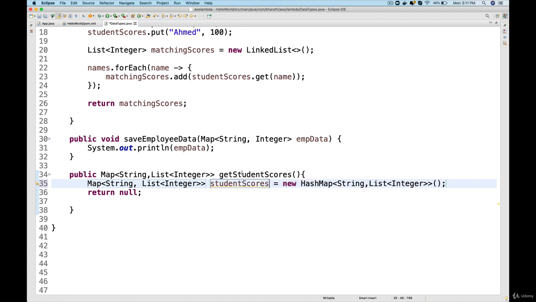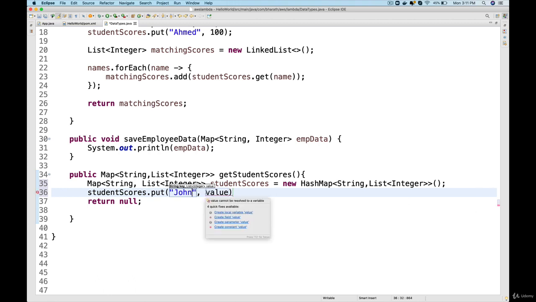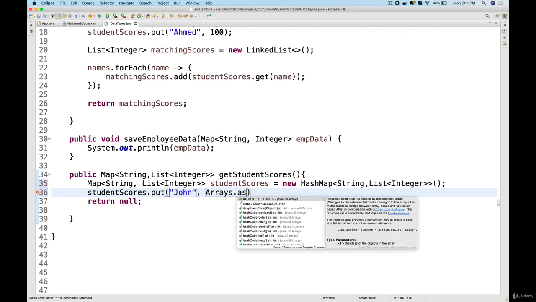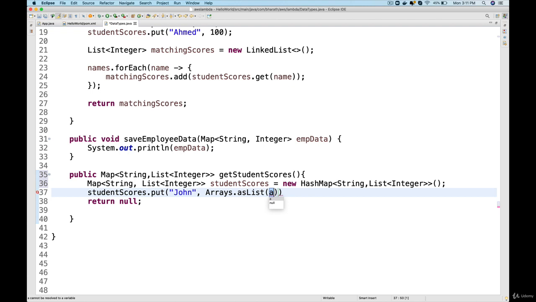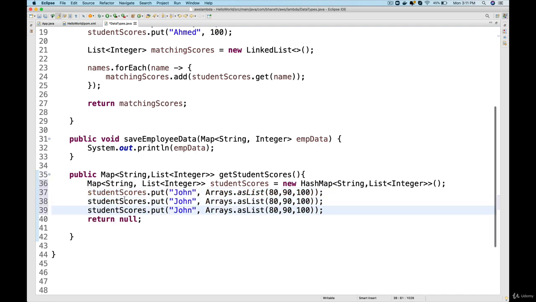And we'll fill this map with the student names and scores. Student scores dot put back to John. You can use arrays dot as list method to put the data right there. Arrays dot as list 80, 90, 100 out of 100. That's the first one. You can copy that line, paste it a couple more times for Bob, and this time